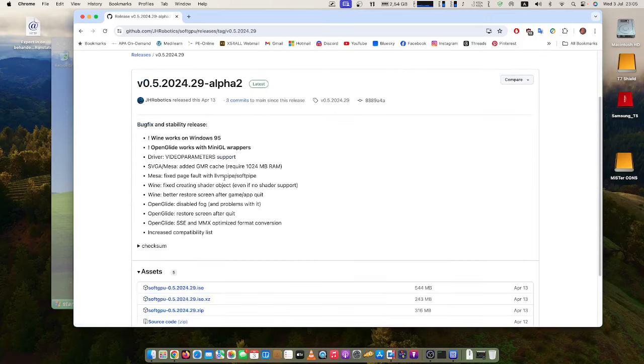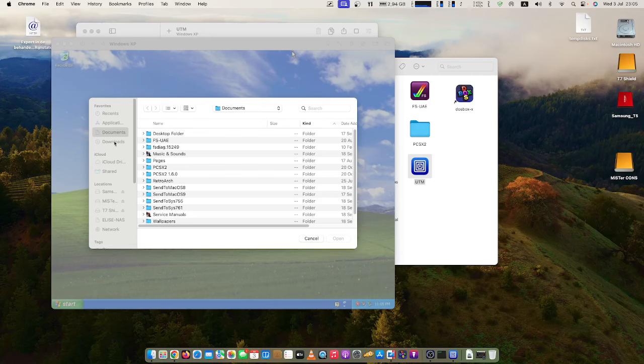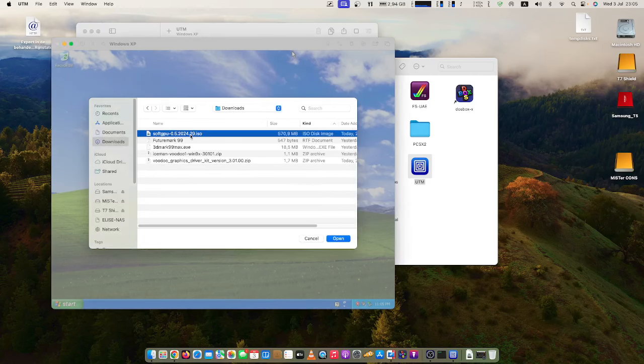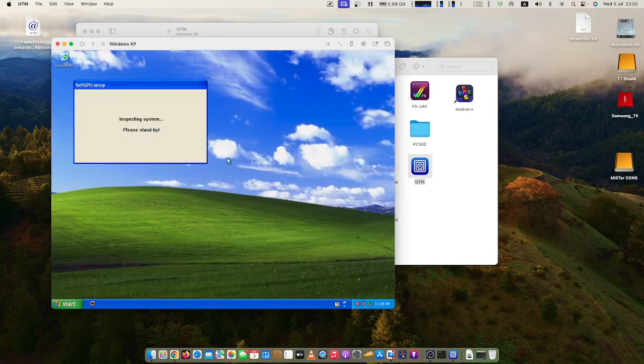And then it does run on the ISO, like that. Alrighty. And then go to downloads and just insert SoftGPU. It might not work, but